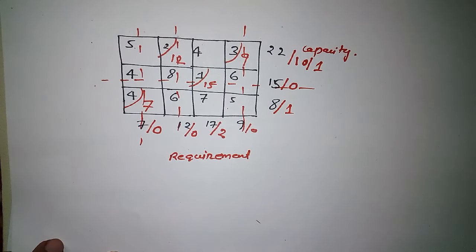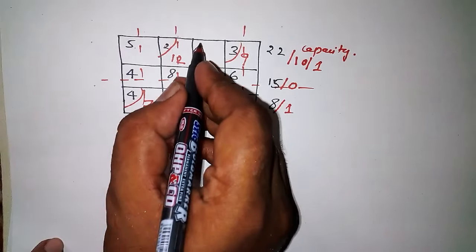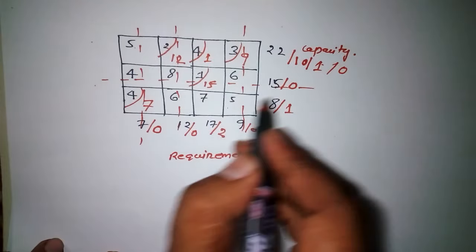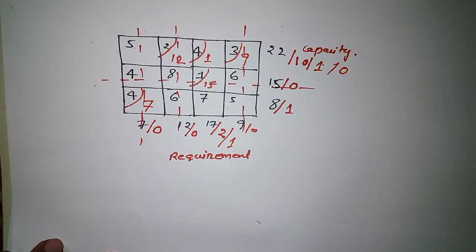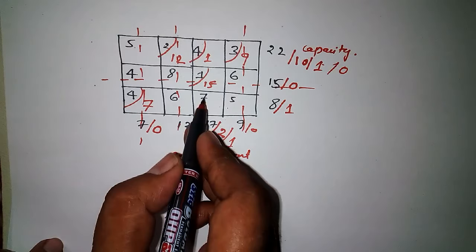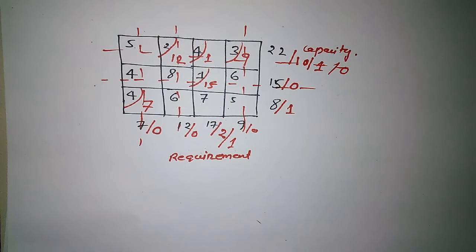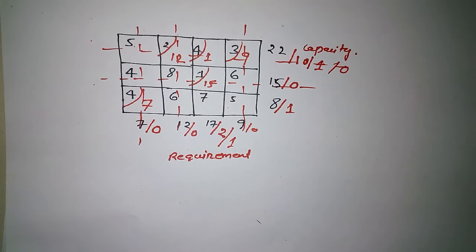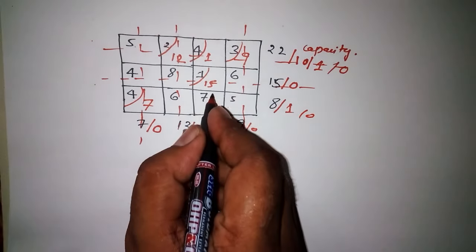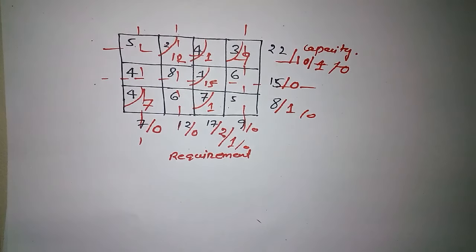Now we are having only two numbers, but the minimum number is 4, which we already have. Here the demand is 2 but the capacity is 1, so we need to give only 1 because we have only one unit. The remaining demand will be 1. Now we cross this. Now we are having only one number, that is 7. We don't need to check which one is least because we don't have an option for that. So with 7, we can give the whole demand and capacity, that is 1. I hope you understand this.